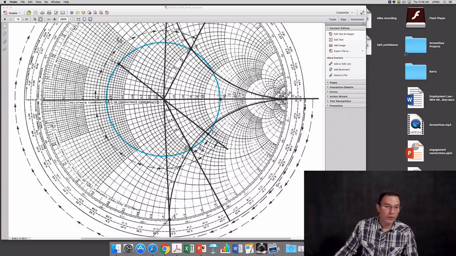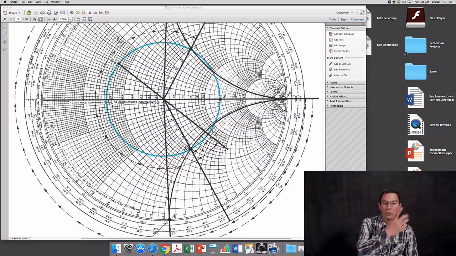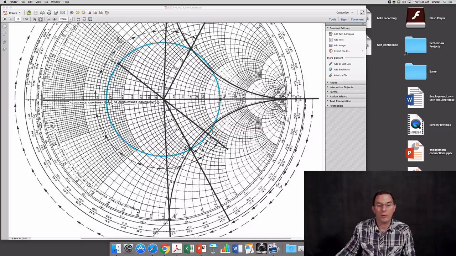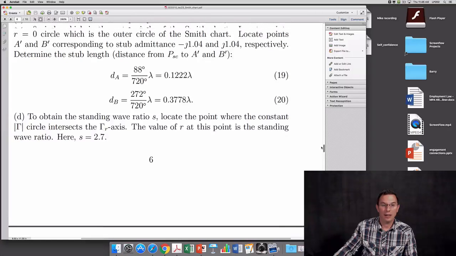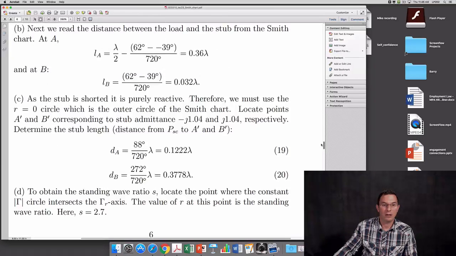Okay, so the distance, again, because in practice we're always moving from the load toward the generator here, when we move on this chart, that corresponds to a clockwise distance. All we have to move to do the match in this case is that angular distance, which is just 62 minus 39 degrees. Again, when you divide it by 720,